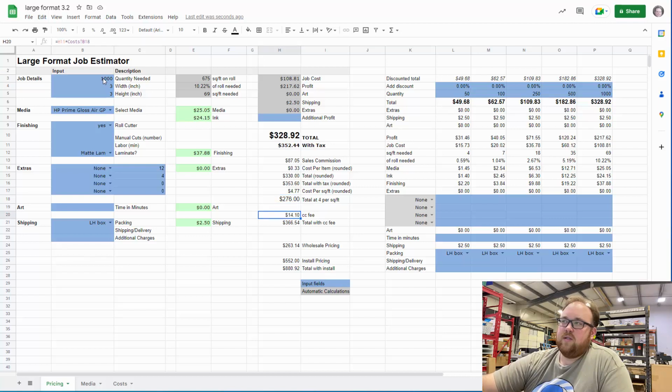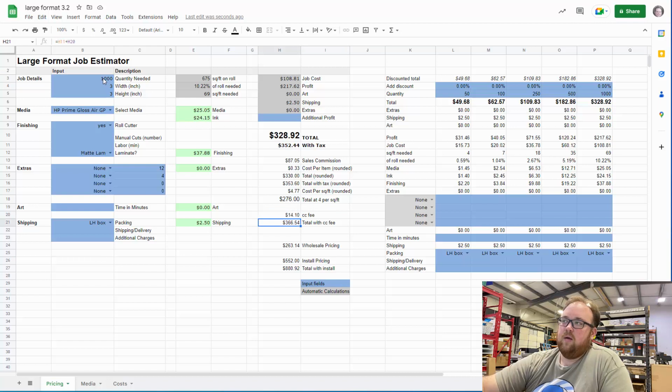The most recent thing was adding this credit card processing fee. So you can adjust that in the costs. So it will tell you how much the credit card processing fee is. That does base it off of the taxable total because you're likely charging tax for it. So it's taking this number, the total with tax, charging it by the amount that you set to give you the fee, and then it adds the two together